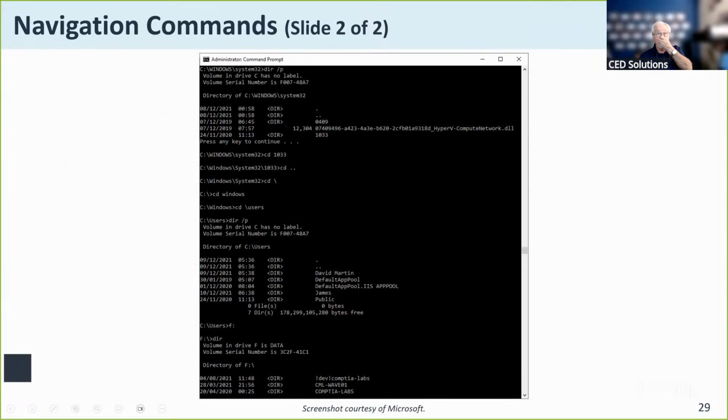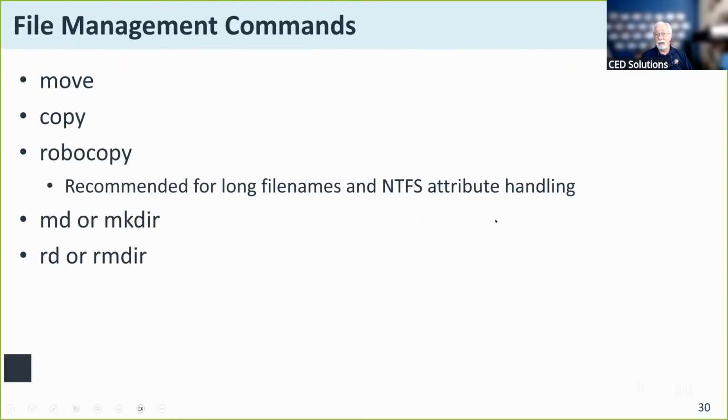Here are some examples of that. Change directory back to the user directory, change directory to the Windows directory. So now you see I'm prompted in the Windows environment there. That allows me to navigate through my directory listing.